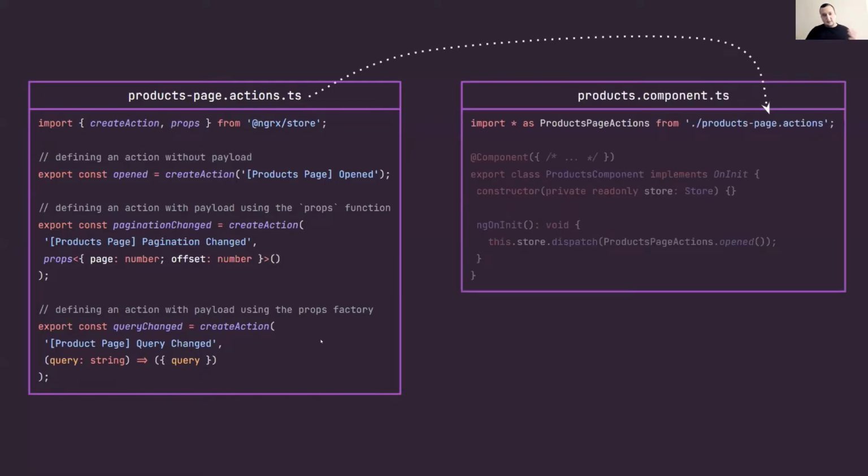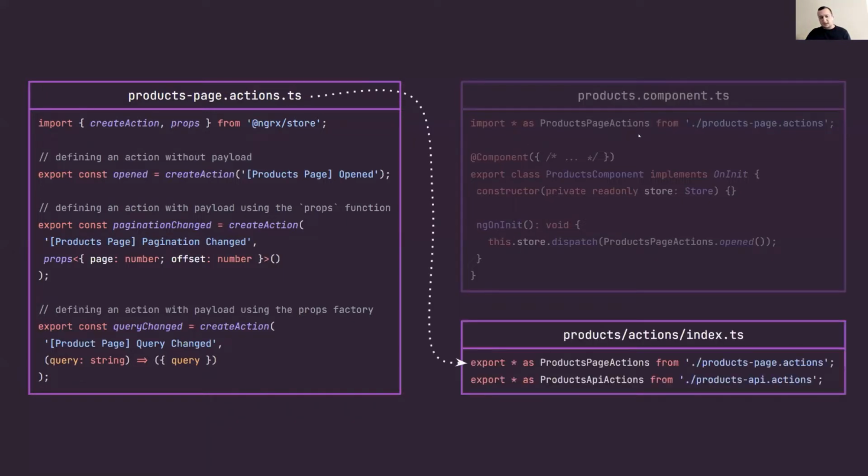And there are two common ways how we import action files to another files. First common way is to use named imports, like in this example here. And the second way is to create barrel files, define named exports, and then we can use these named exports where needed.